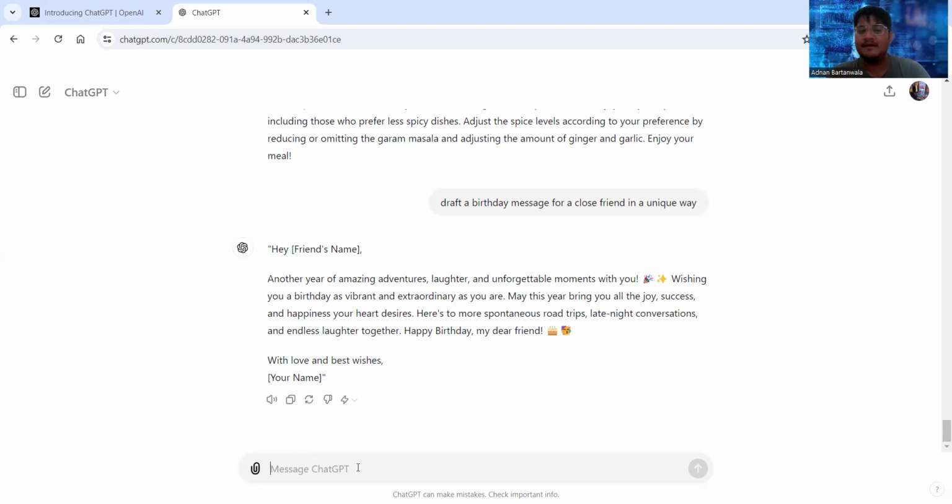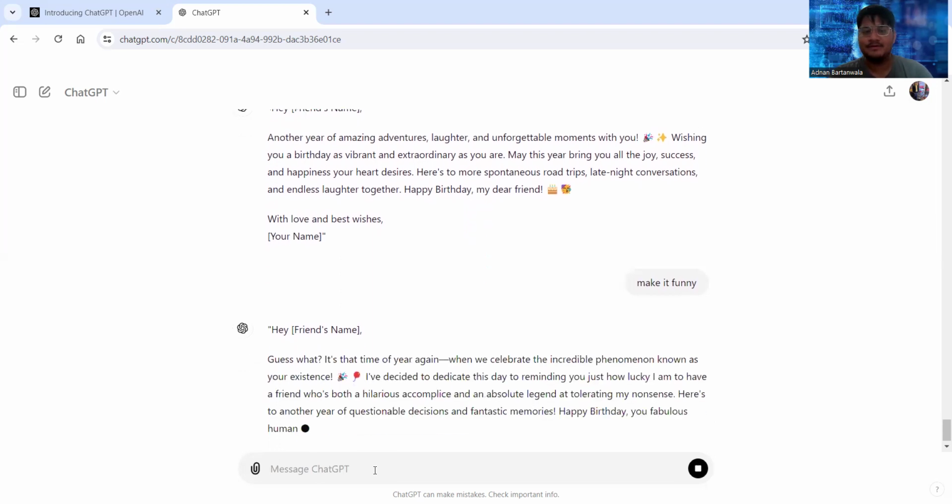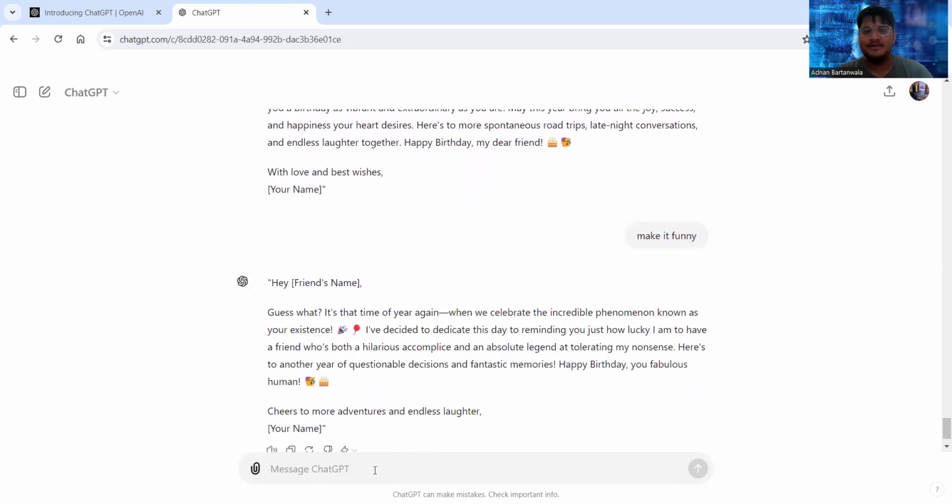So you can see the paragraph. Now, if you want to customize it according to you, maybe you're not liking this, you'll just write, make it funny. So it will make it a little funny. Now, if you are writing it to a senior or a colleague where you do not want to involve such a sense of humor, you will not write in this language. So you have to write, make it formal,